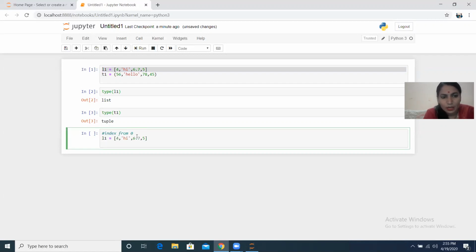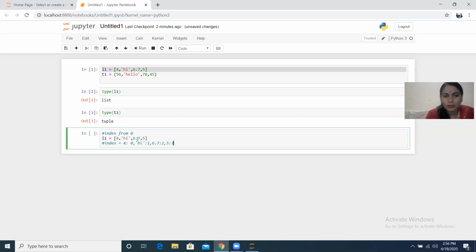I would like to explain this in a very simple manner so that you can understand the need of a dictionary. So here you see the indexing part, and here the index for 4 is 0, and the index for high is 1, and the index for 6.7 is 2, and for 5 is 3.